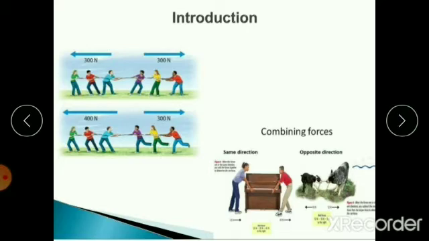We were doing chapter 2, force, energy and work. In the previous video we have seen what is a force, effect of force and types of force, and we have seen the effects of friction, how to reduce and how to increase the friction, right? So in today's class, let's see measuring of forces.